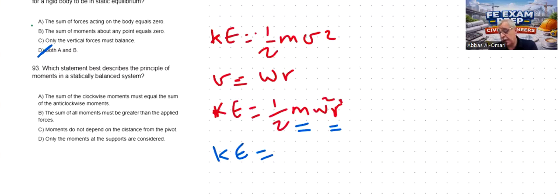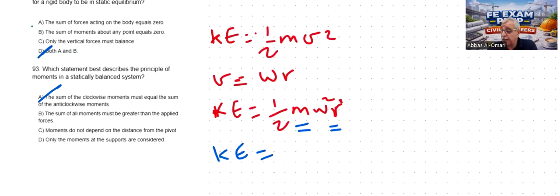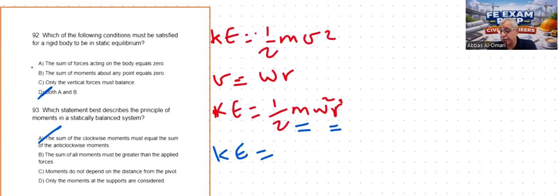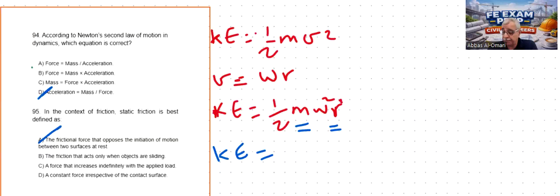You can look at the others. The sum of all moments must be greater than the applied load. This is nonsense. Moments don't depend on the distance. This also does not make sense. Only the moments at the supports are considered. This is also not correct. So the summation of all moments clockwise should equal the summation of all moments anti-clockwise. Many times in the exam, you can eliminate some of the options, or sometimes several options, just by common engineering sense. So the next question,